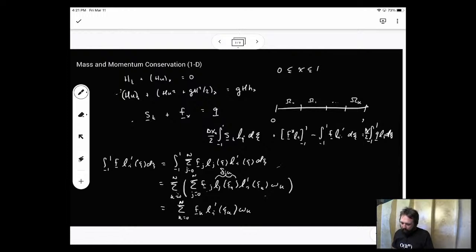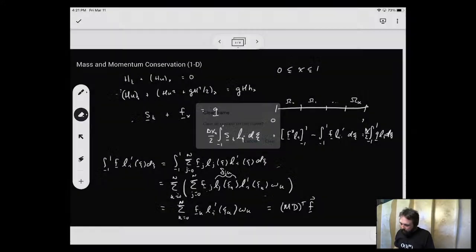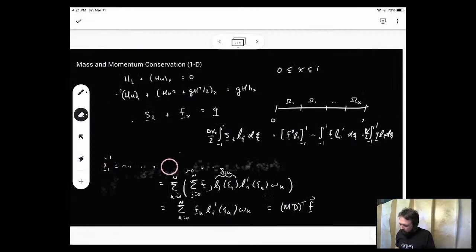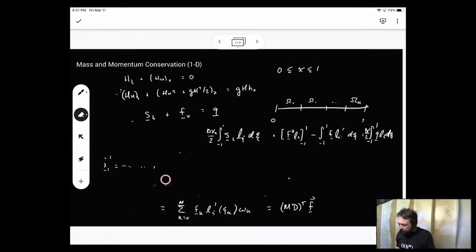Now to explain, if I were to write this in matrix form, what we write it as is a mass matrix times the derivative matrix transposed times the vector of the nodal values of the flux. The reason I put this as a transpose is that if I were to think about calculating a derivative in the strong form, so the strong form being if I were just to calculate df